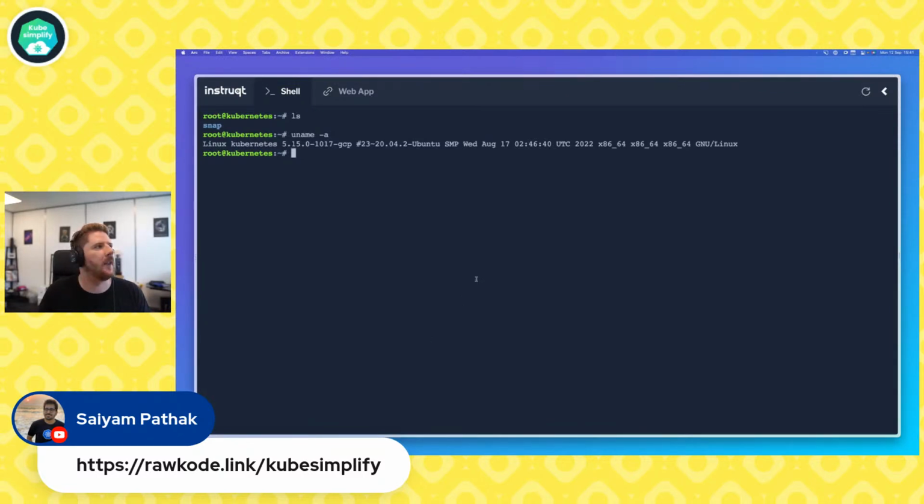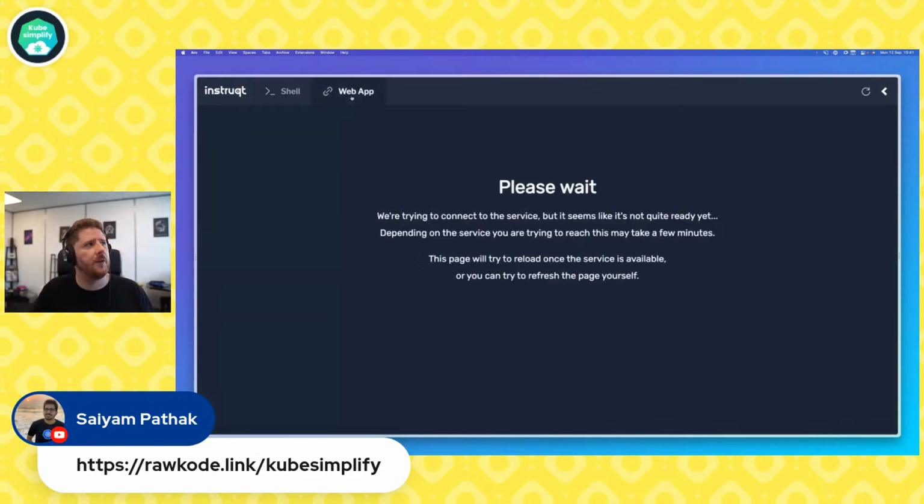Okay, so the basic constructs within these interactive learning environments: one, you'll get a shell with a full Linux environment, and you can type any Linux command. You also get this web app page. Now, this isn't working, right? This tells you that maybe it's just not ready yet. These clusters are broken, so this just means it's not working yet.